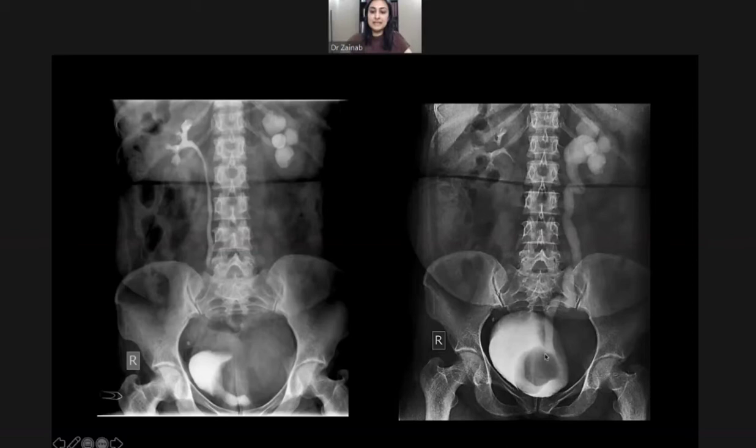Yes, ma'am. We can see here at the lowermost aspect of the ureter that there's this very abrupt cutoff, which is going against the normal typical appearance of a ureterocele, where we would have a very smooth sort of tapering, and then there is a cystic dilatation that is usually seen. So this abrupt cutoff and so much upstream hydroureteronephrosis, both of these are not fitting well with a primary simple ureterocele. Okay. Hydroureteronephrosis could be present with the ureterocele as well.